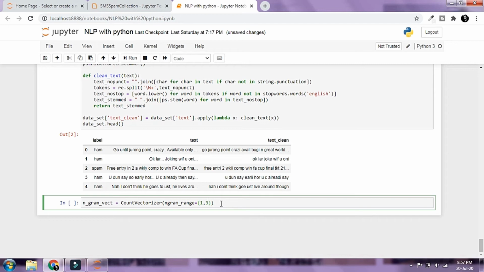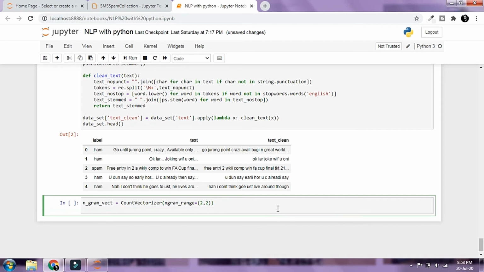So we're going to keep one thing in mind. We might want to play around with the range of n-gram that we can provide, but it's going to take a lot of memory if we make this range high. So I'm just going to say 2, 2. So this is going to take the bigrams into account, and we're going to store the cells of our document term matrix inside X_counts, and I'm going to say